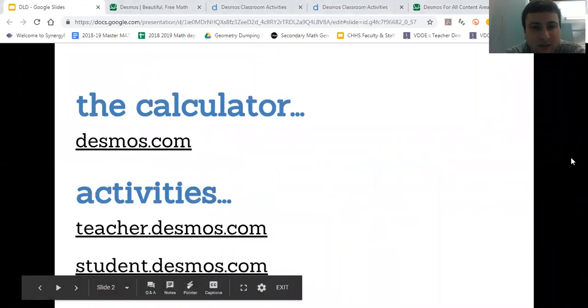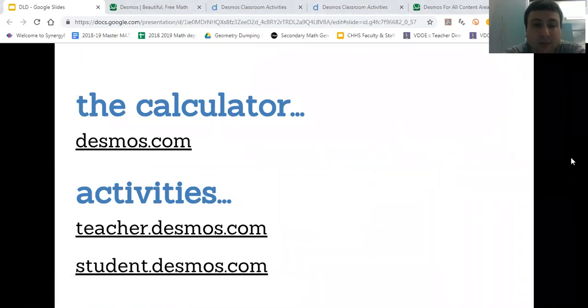So Desmos is a graphing calculator, and the calculator or calculators that Desmos has created can be found at desmos.com. But Desmos also has some activities that can be used for really any subject area. And those activities can be found at teacher.desmos.com. And that's where you can create your own activities as well. And when you're ready to run your activity and give it to your students, they'd go to student.desmos.com to run